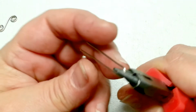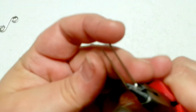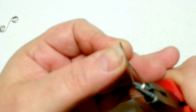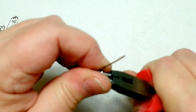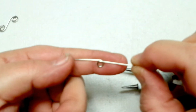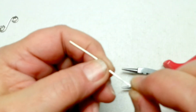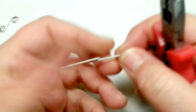So now I have the two pieces here. I'm going to line them up with my pliers, so they're sort of like this. And then I'm going to take one to the front, one to the back, and I'm just going to push up. Okay? So now I have a round place that I can connect stuff to. Okay? And now I'm going to take this